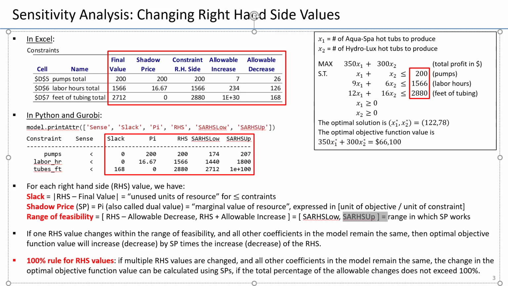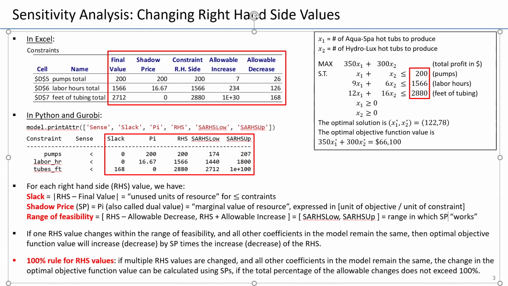The range of feasibility is a range in which the shadow price works. The shadow price that you saw defined earlier, we will be able to use it to determine the impact on the profit as long as the changes of right-hand side are within the range of